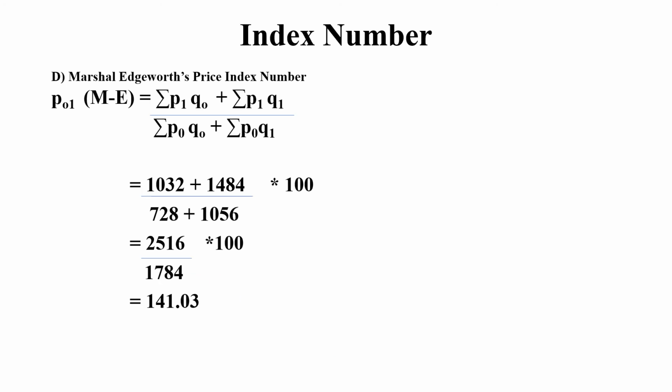Secondly, we have the Marshall-Edgeworth. So for Marshall-Edgeworth we are going to put down the values. Directly we need to write the formula. There is no shortcut for this. But the thing is that Laspeyres plus Paasche we are adding over here. So we'll add both the values, adding numerator to numerator and denominator to denominator. You need to go in that sequence.